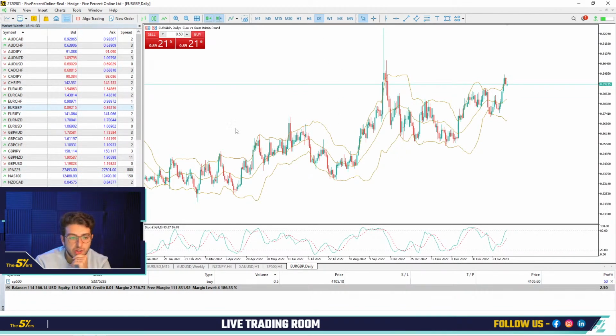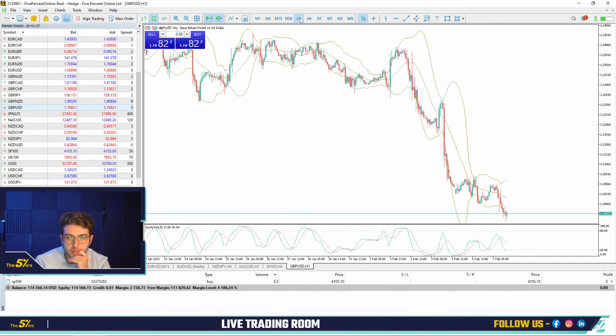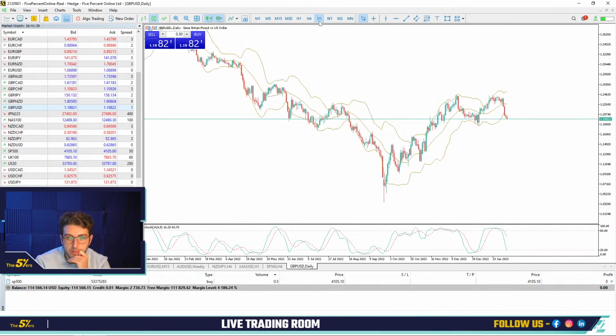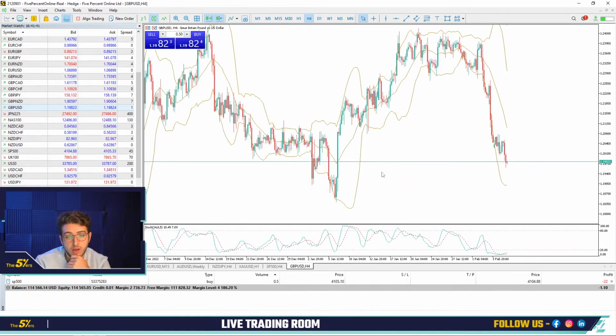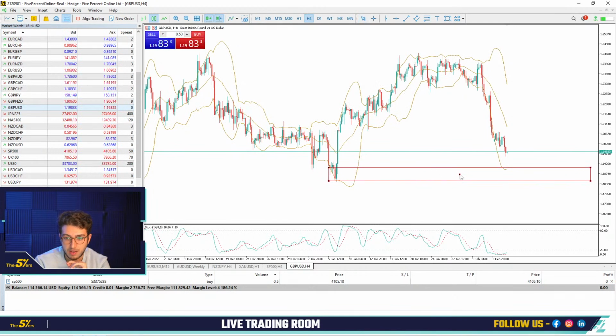Yeah, nothing interesting here. What about pound dollar? Yeah, we have quite a nice spot on the pound. Not here because we are quite in the middle of nowhere, but it's quite a big zone. This is also the type of zone I like to have. You can start by building the position here again,